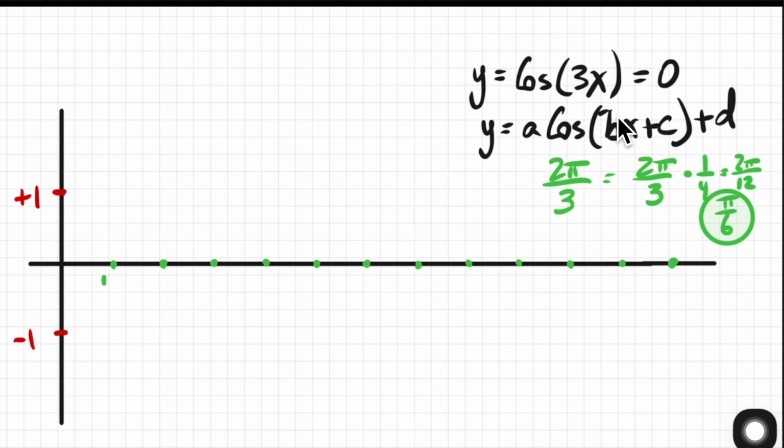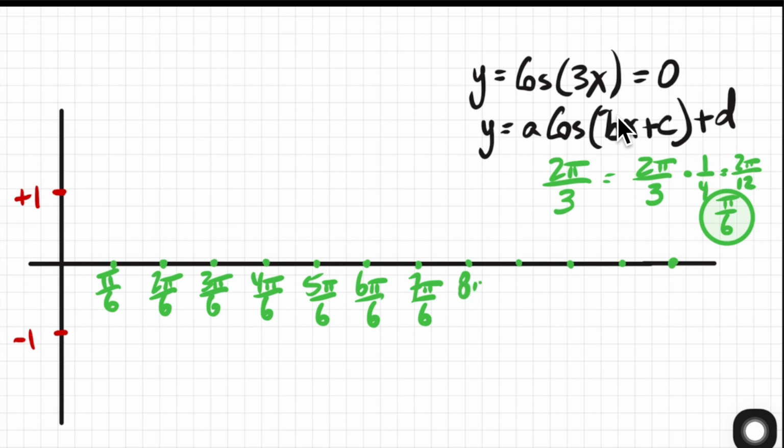This is 1 pi over 6, 2 pi over 6, 3 pi over 6, 4 pi over 6. Let's keep going. 5 pi over 6, 6 pi over 6, 7 pi, 8 pi, 9 pi, 10,